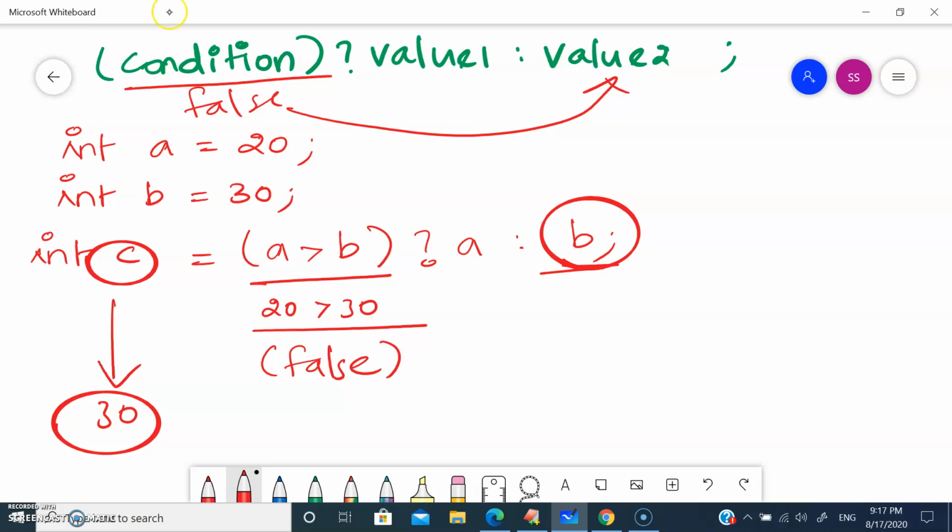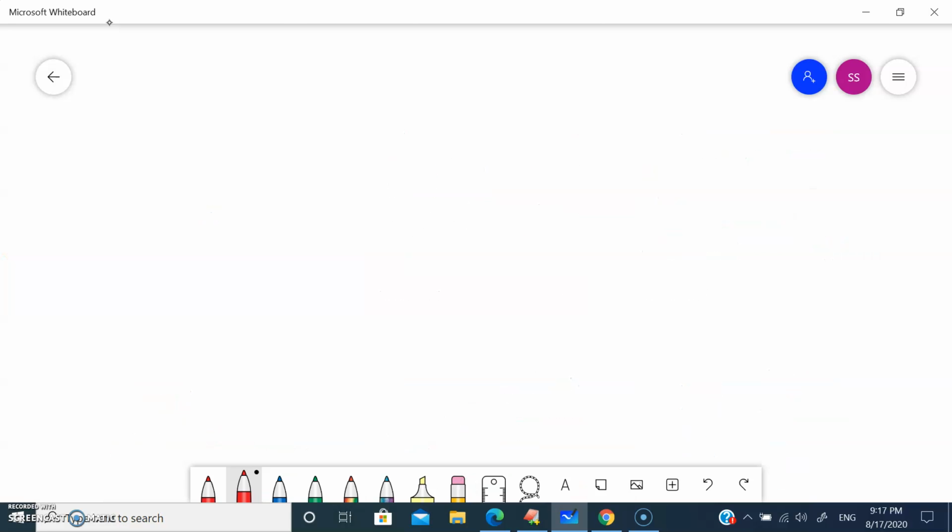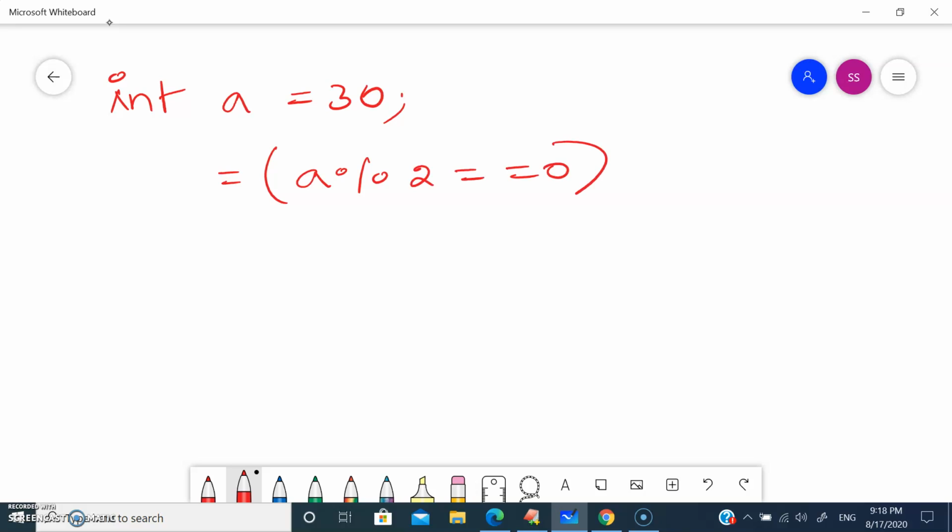Let's see another example for the ternary operator. Let's take int a is equal to 30. For the condition, a modulus of 2 is equal to 0 means it's true.